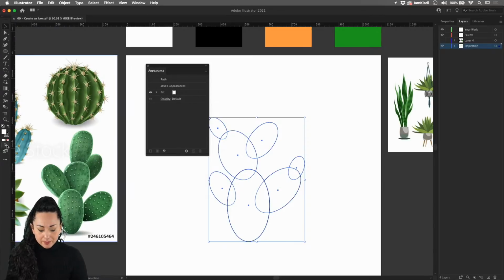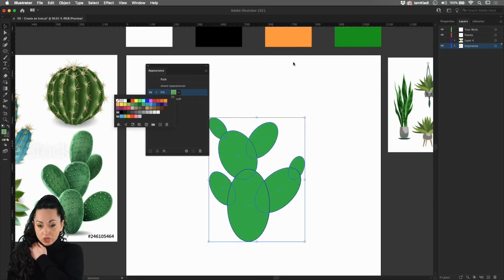Before I keep going, I want to make sure that I go back into the drawing modes and click back on Draw Normal. I always like to bring it back to normal, just in case. Maybe I'm not going to draw anymore, but it's nice to keep everything in place. So as you can see, we already have one fill, which is white, the default. We can double click on it and then select any of the greens.